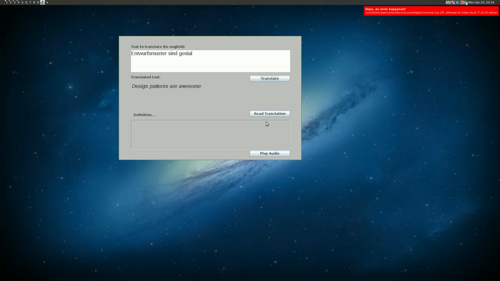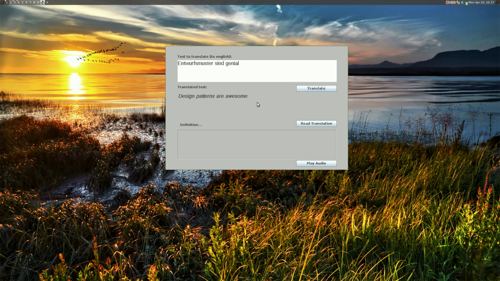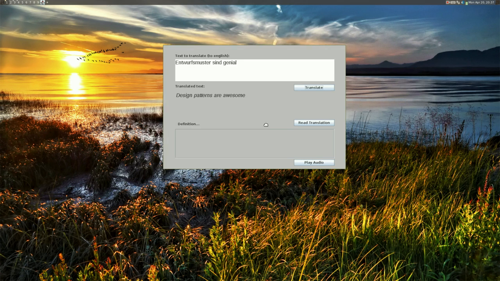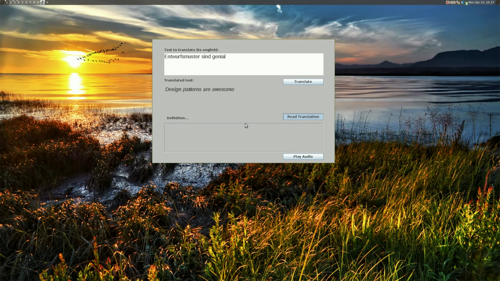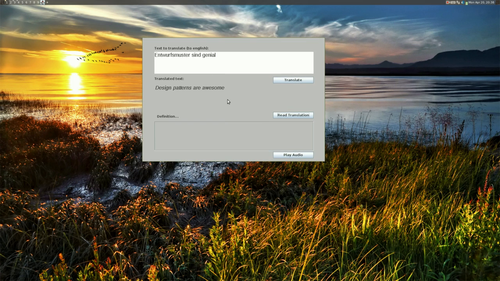So design patterns are awesome. Okay, so I've got the translation, and now I will read that. Design pattern error. So it reads it. Basically, for each word, it just grabs the audio, the binary data out of the database, and processes it as